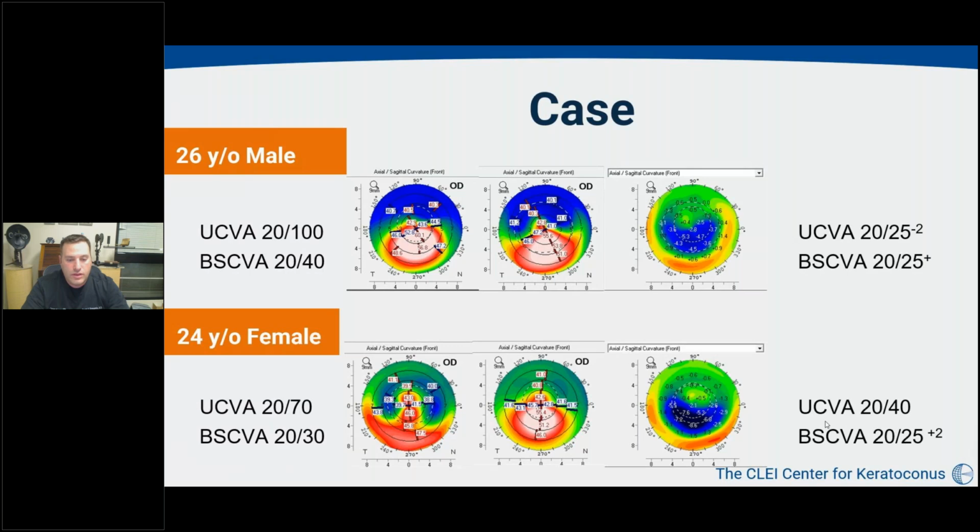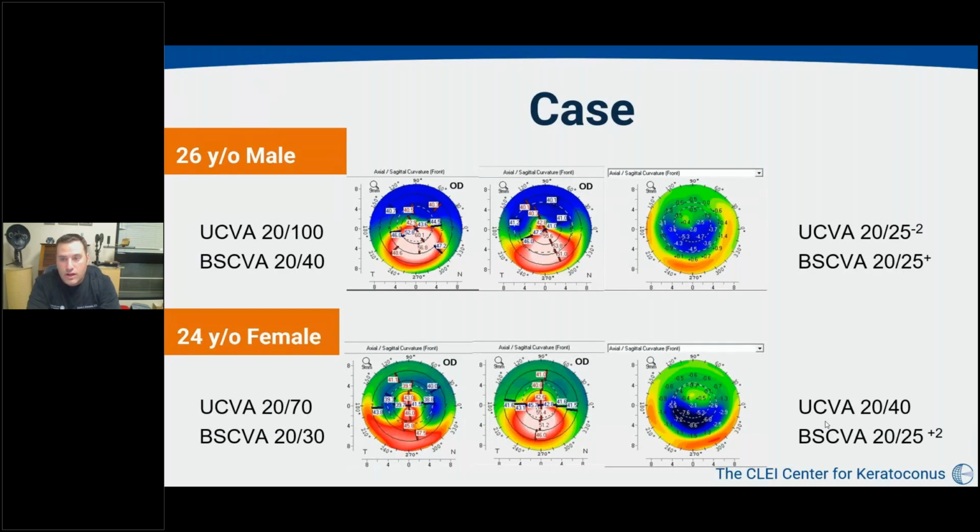But we did both. And again, you can see the moderate case for the brother and a little bit more mild case in the sister's case, but it's really getting the flattening in the right area for each patient, with the right amount of flattening to get the visual results that we're looking for. And really both did amazingly well, both with a glasses correction almost identical of 20/25 plus and 20/25 plus 2,